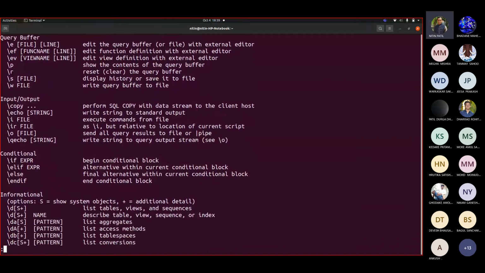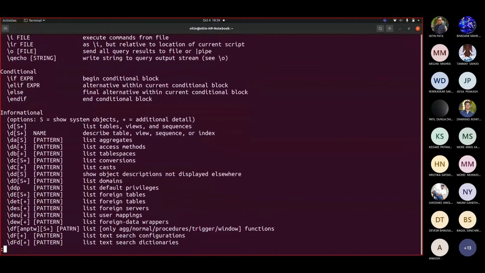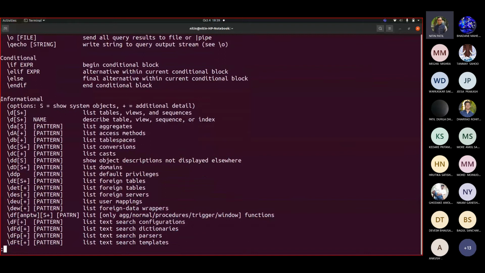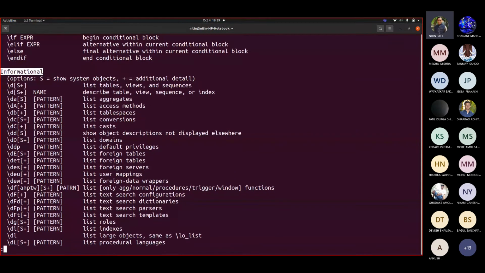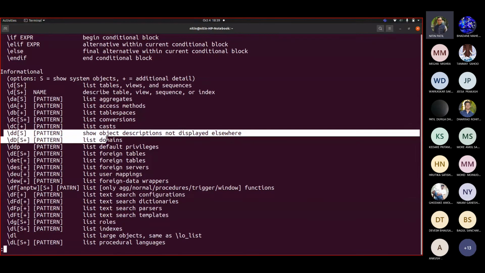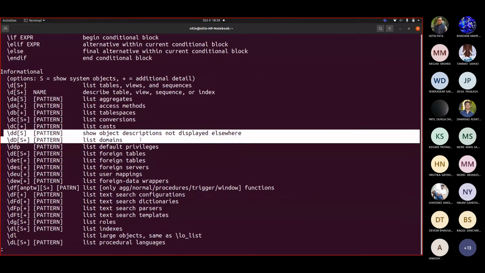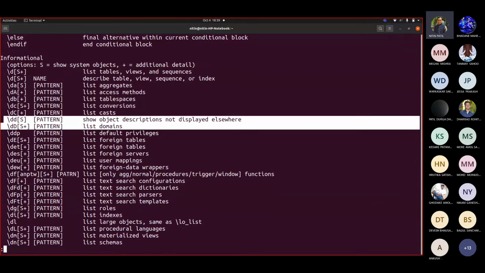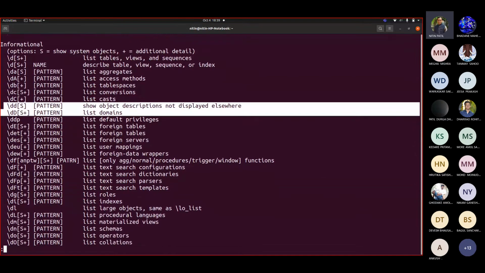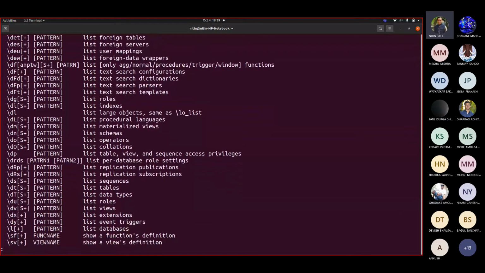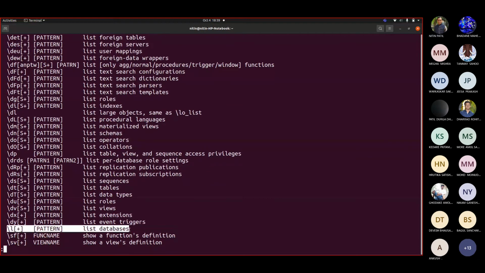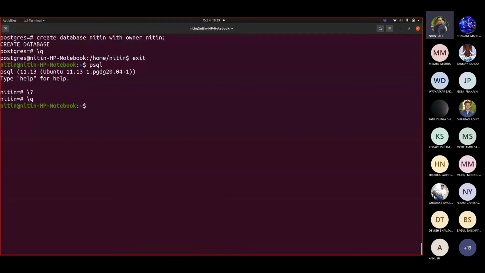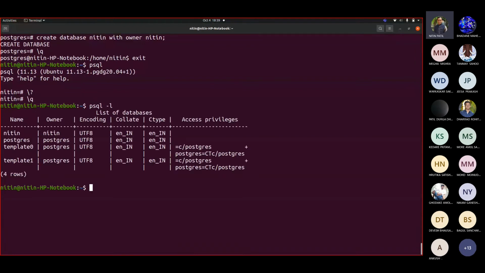So let me go to this \d. Informational. I want some information. Let me see whether you can see \dd. When I write \dd, it displays this. Correct. But I want databases. Let us go below. Can we see somehow that the database is available? So it says \l lists the databases. Let me first write this psql -l. This is how we saw the databases.